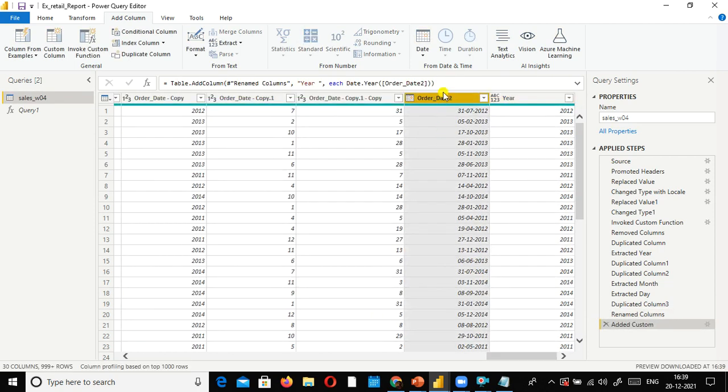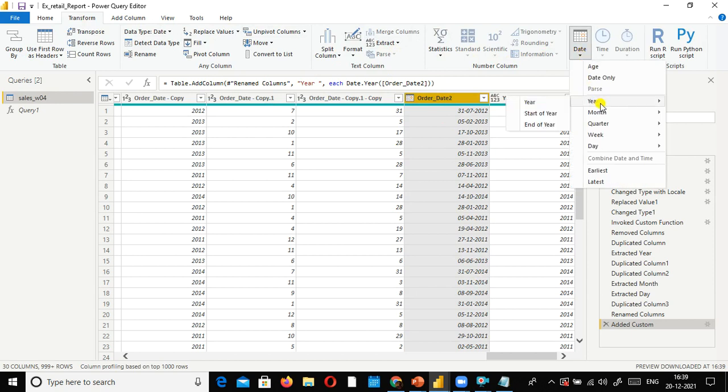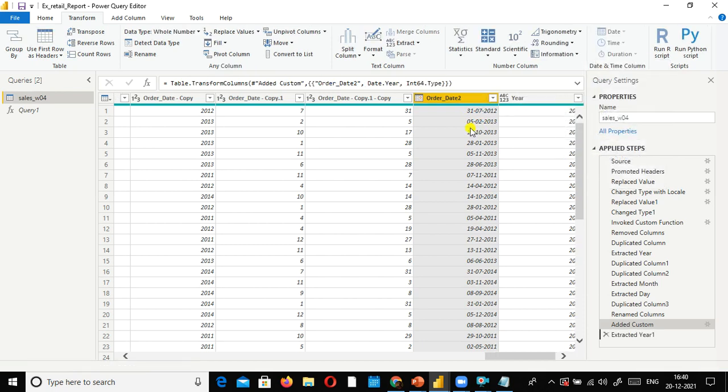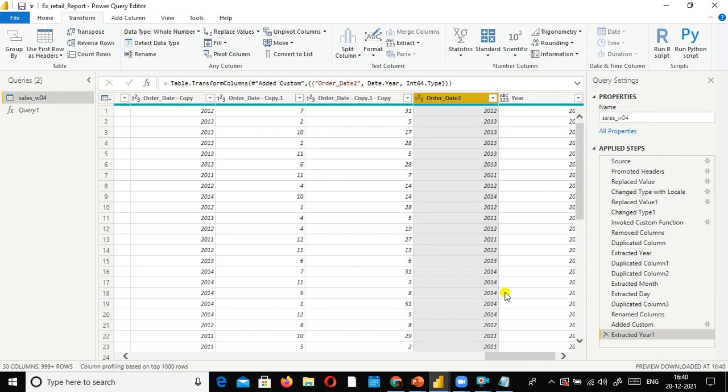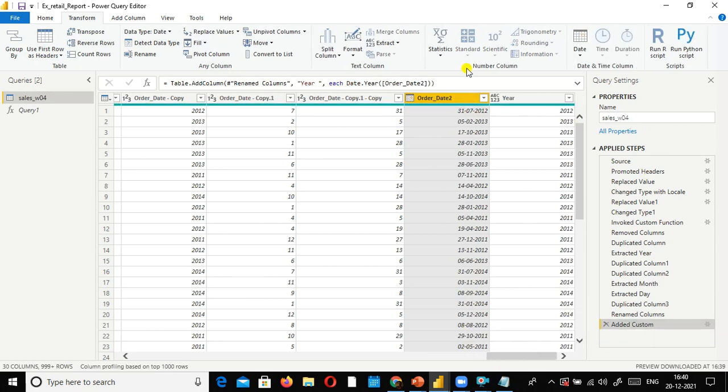See, this is not disturbing the original column, right? But if you select this date column and extract the year, what happens? The entire column gets replaced. It extracts the year, but it replaces the existing column as the year column. I don't want the existing column to be disturbed. Let the existing column remain as it is, but I want to create a new column, and in that column just store the year extracted from this.